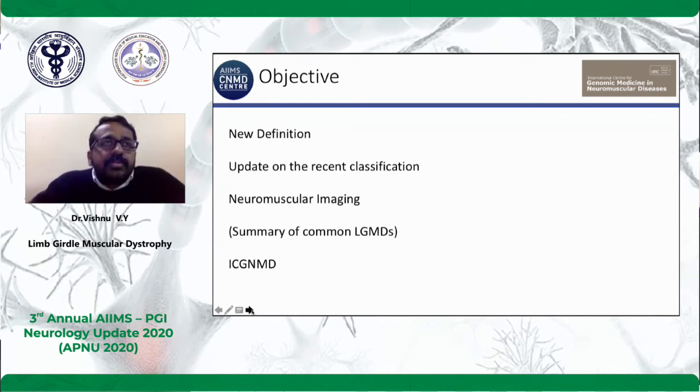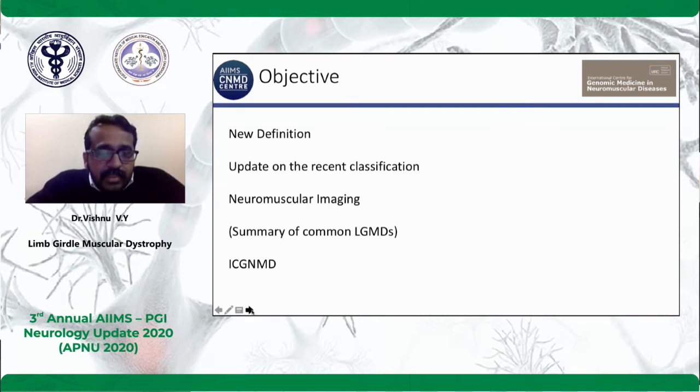Dr. Sharma was also mentioning LGMD1 and LGMD2, which everyone knows. It's the flavor of the day to put up new classifications. If ILAE and movement disorders can do it every 2 years, the neuromuscular group also decided to come up with a classification. But jokes apart, they have done it after 25 years, after a lot of recent advances, so I think they are entitled to a new classification.